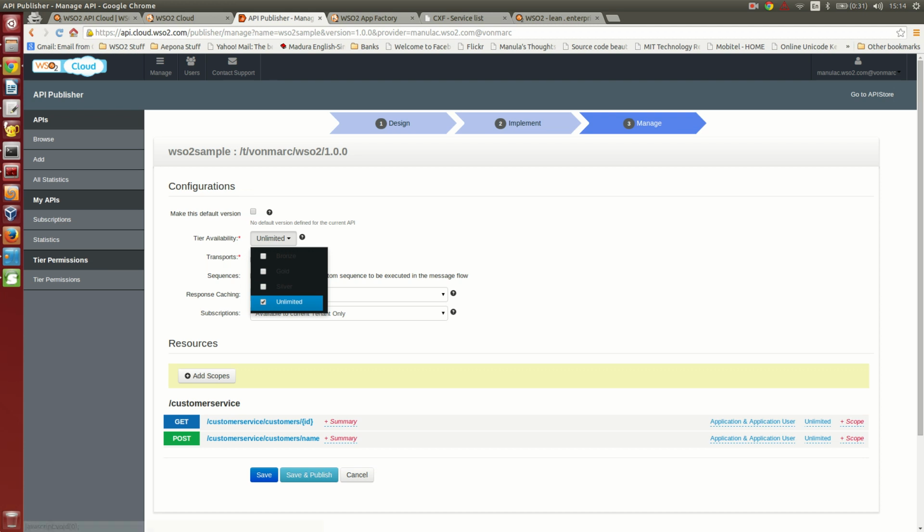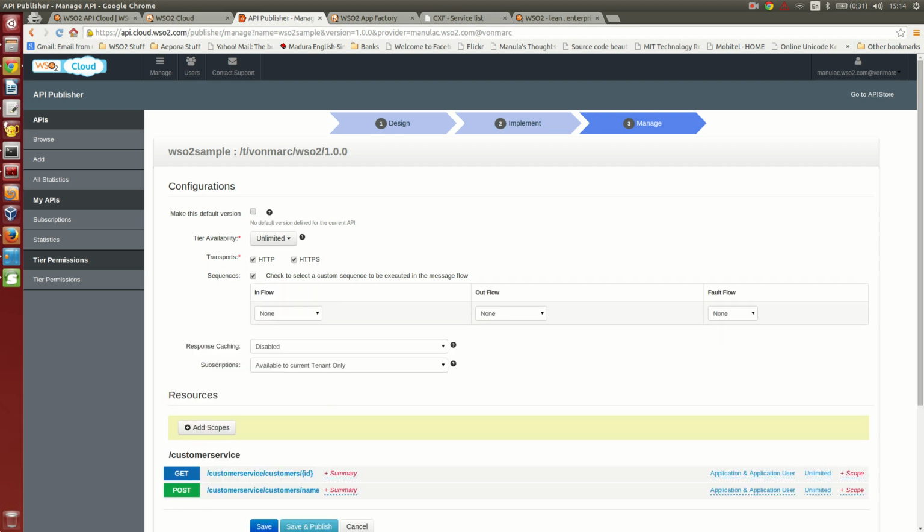I click on unlimited here, and transport HTTP and HTTPS, and I can click on the sequences as well, but in this screencast I am not going to explain what the sequences are and how we can use them in API management. It will be explained in a future screencast.